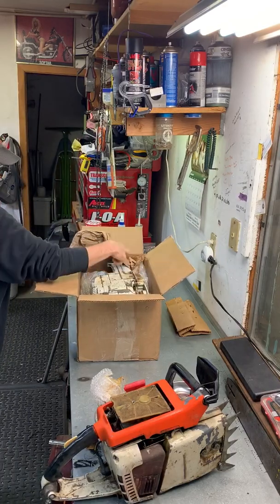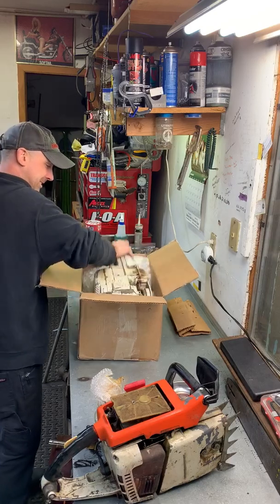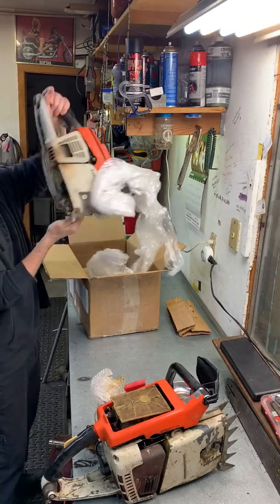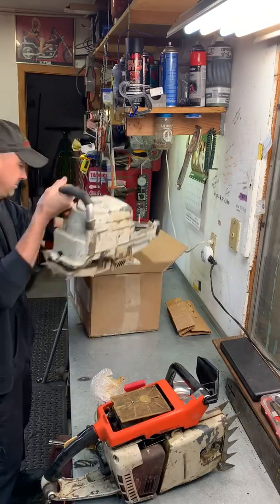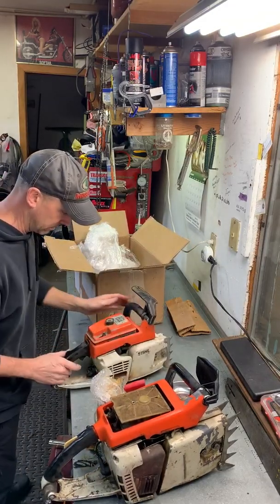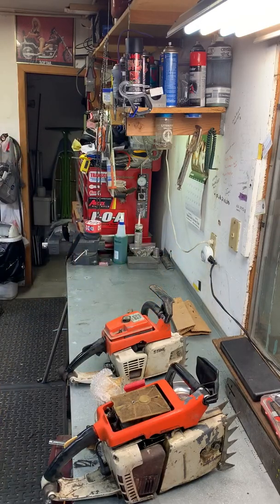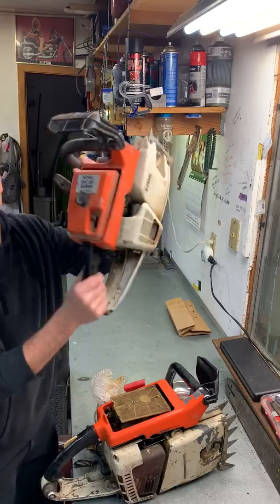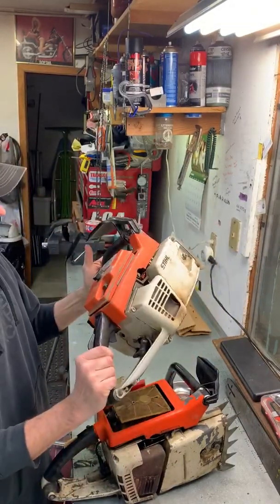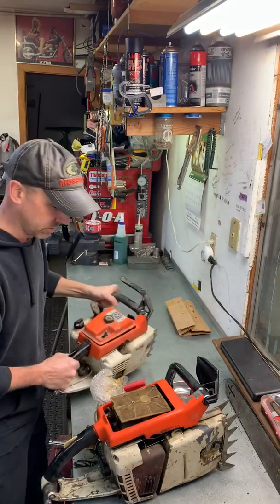Oh yeah, man. This one's super crusty. Wow. Oh yeah, I need some. Now this is just the power head, so I don't have to worry about a bar. But Stihl 041 Super, 72cc. You see a lot of 041s, because I've been looking a lot at the vintage Stihls, and